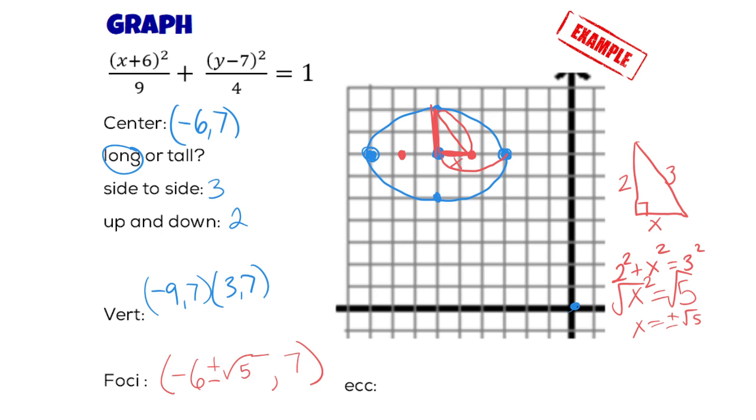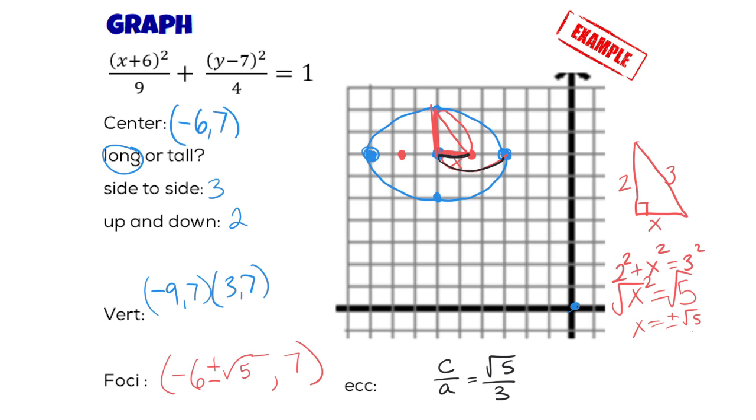All right, the last thing I have here is the eccentricity. And earlier we wrote that the eccentricity is always going to be C over A. So in this case, the distance to the focus is this x value that I was looking for. That's that square root of 5. So I'd have square root of 5 versus the distance all the way to the edge, the semi-major, which was your A, which we knew was a 3. So square root of 5 over 3,